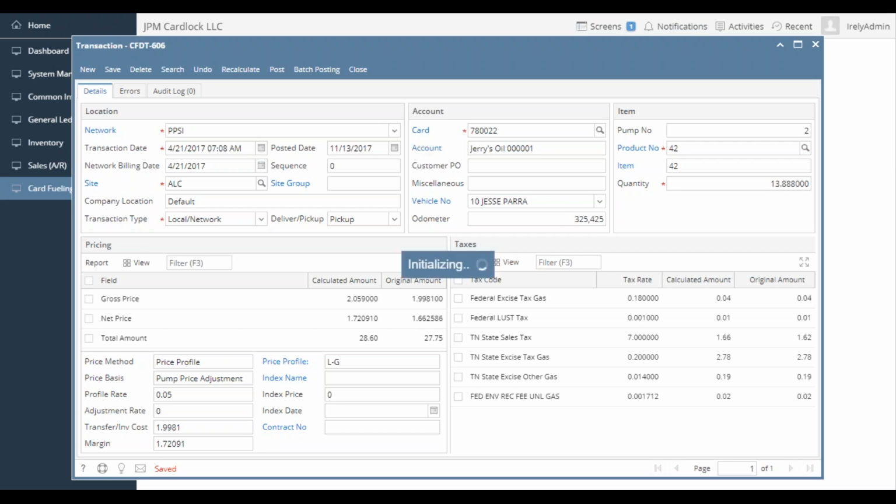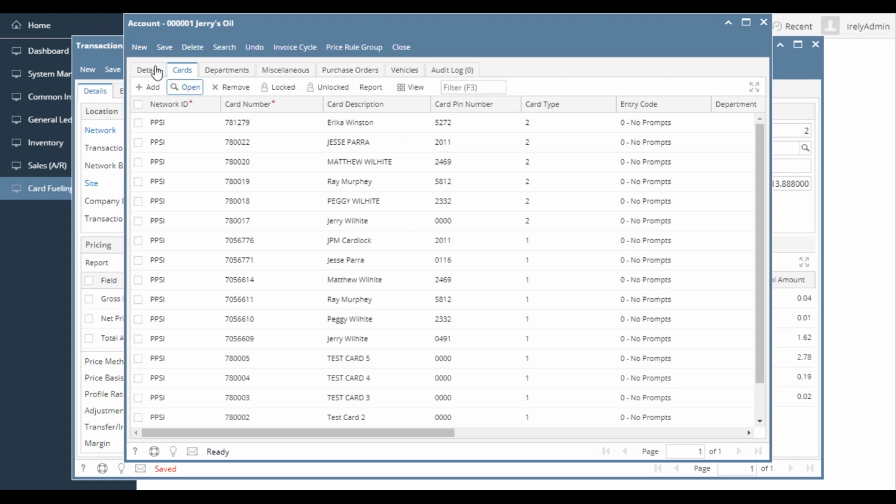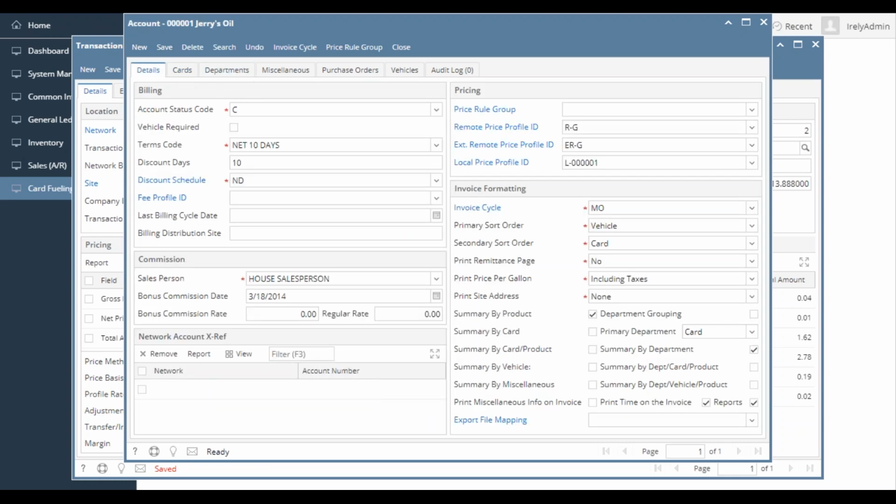So like on this card account here for Jerry's Oil, we can actually go into their account setup that we looked at the prior week, and we have these different profiles here. So we have one for remotes, we have one for extended remotes, and we have one for local. And so, the same reason those transactions are unique,